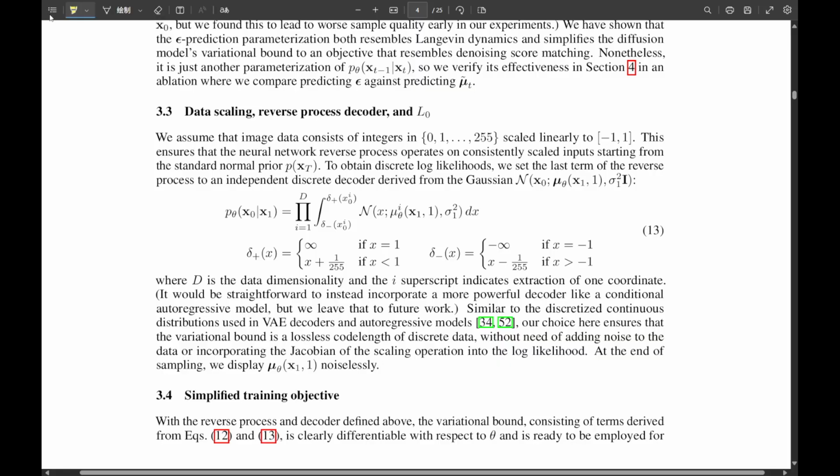And this wasn't just a cool observation after the fact. This theoretical link directly guided how they designed the model. They realized training the model using variational inference was actually optimizing a sampler that behaved like Langevin dynamics. So theory led directly to better design. Absolutely. A key example is how they parameterized the mean of the reverse process. Instead of predicting the mean directly, they chose to predict the noise that was added at that step, the epsilon prediction parameterization. Predicting the noise instead of the signal. Seems counterintuitive, right? But it dramatically simplified the math of the variational bound they were optimizing. And crucially, experiments showed it worked incredibly well. It's a beautiful example of deep theory unlocking practical performance.